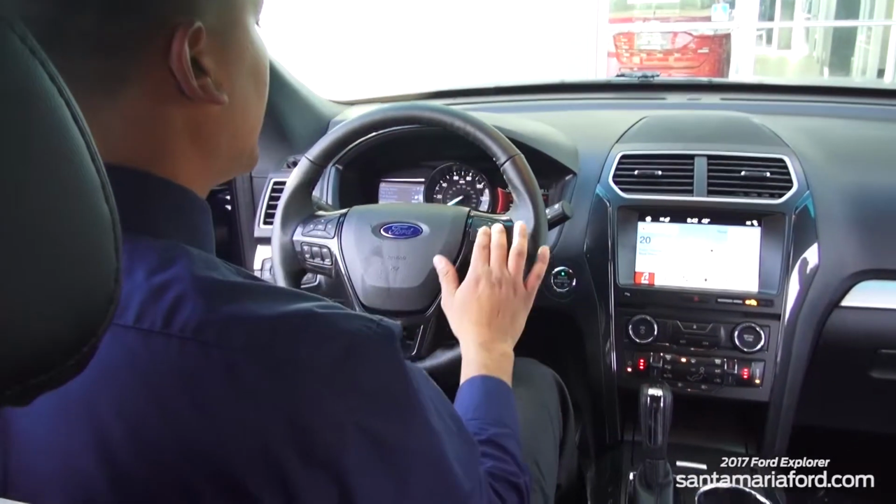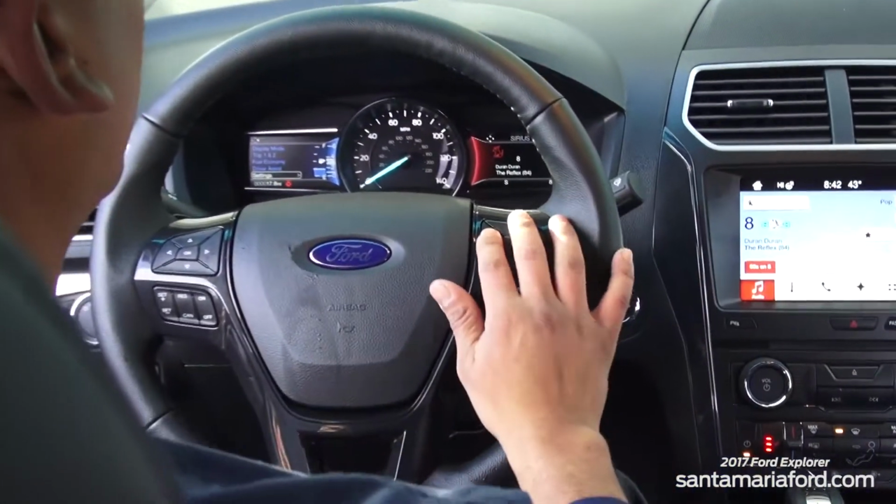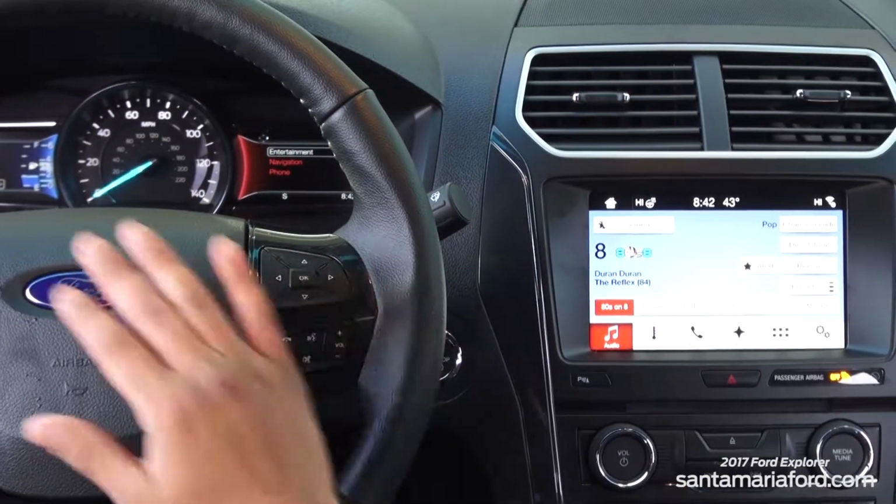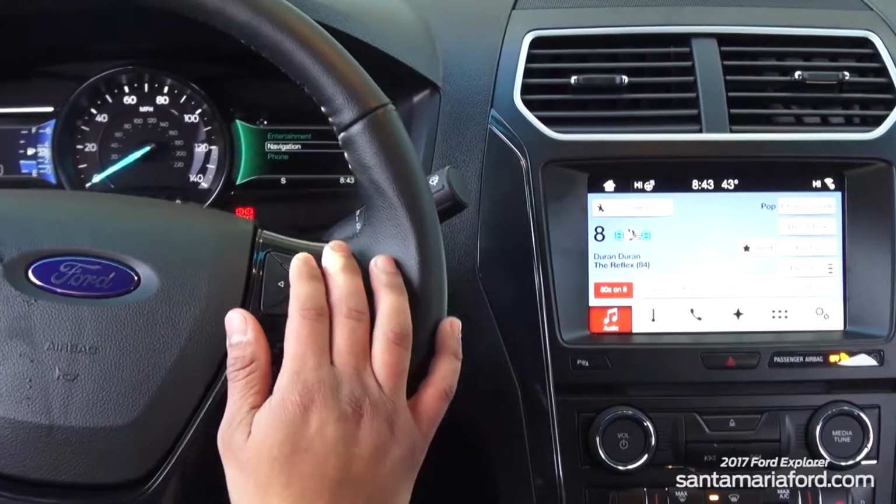And then on the right hand side here, I'm able to see anything that's going on in this screen. So I can see the entertainment, so I can see what I'm listening to. I could change all my music through voice. Navigation I could do through voice. For example,